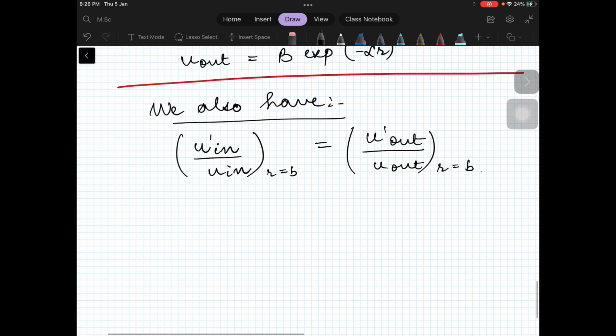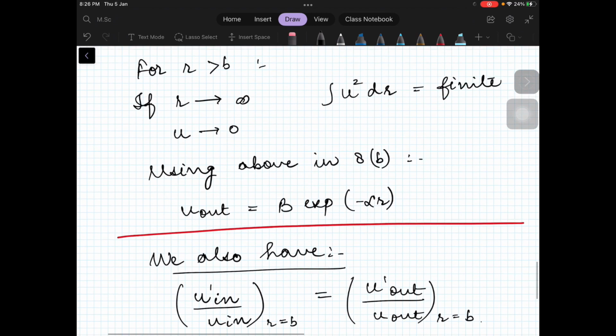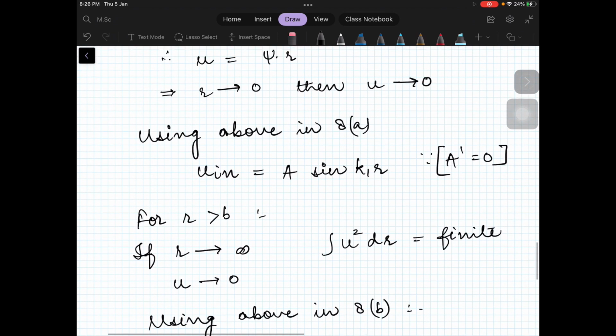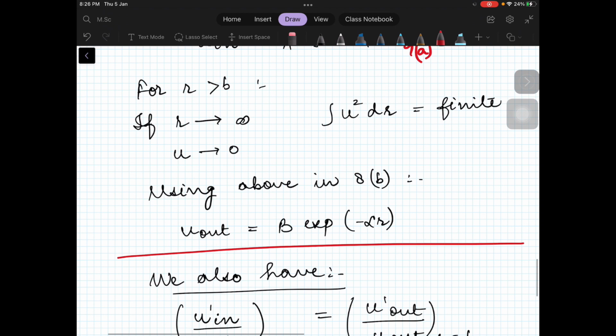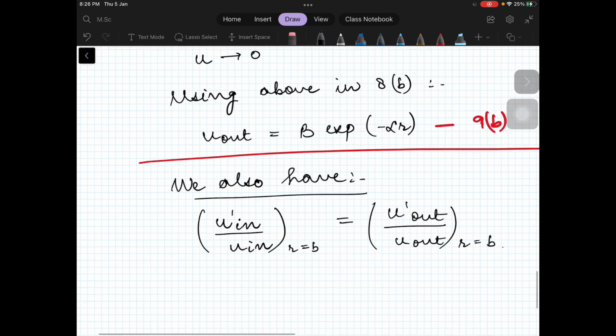So we have combined our two equations and written this. When we differentiate our equations, let us name them, we have to keep naming them. Let us name it as 9a and this as 9b. Using 9a and 9b, we have